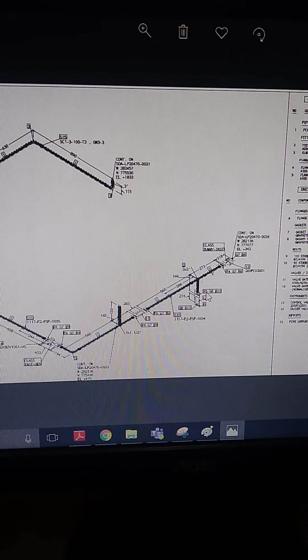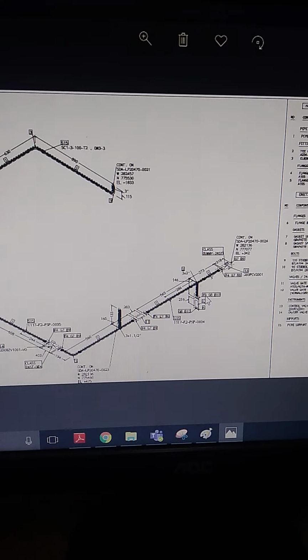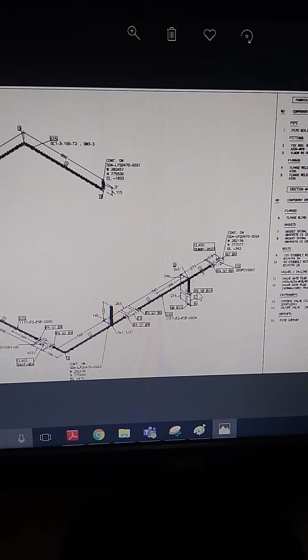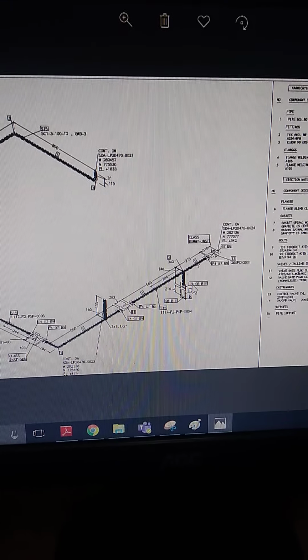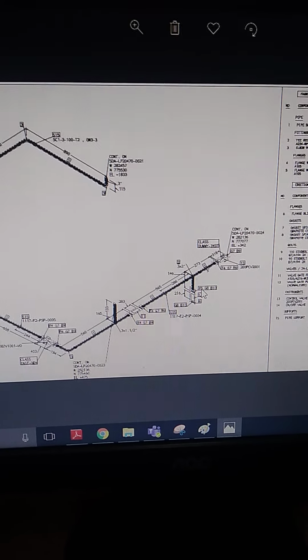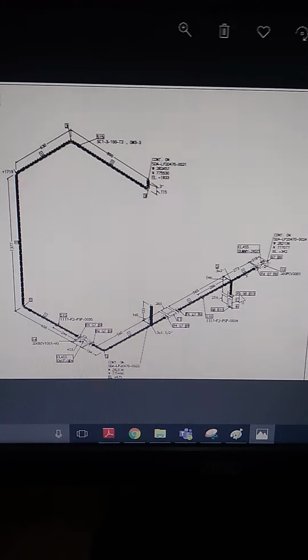It can take 6 months or 4 months for all the products to get ready and come to the site. Meanwhile, the design work is going on simultaneously. Because we take the MTO before we start the design and engineering work, we can give the order to the vendor or manufacturer to get all my products ready.